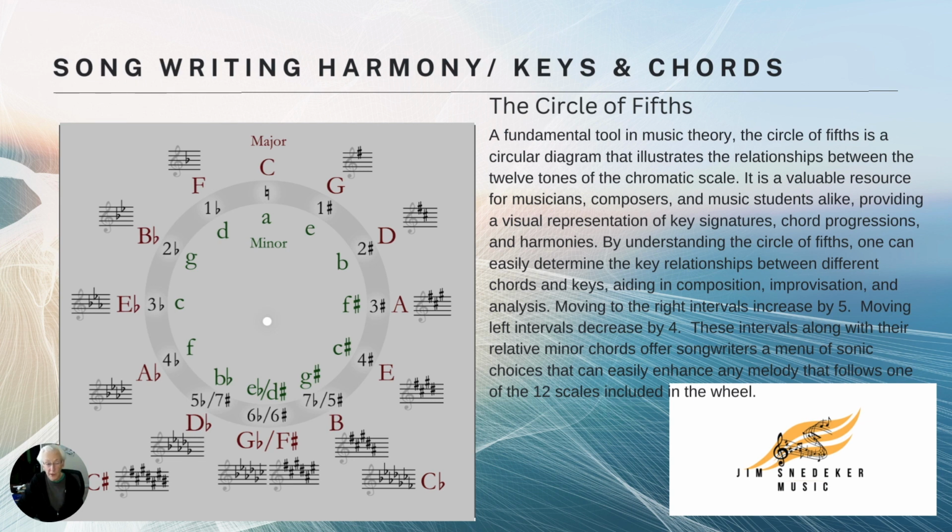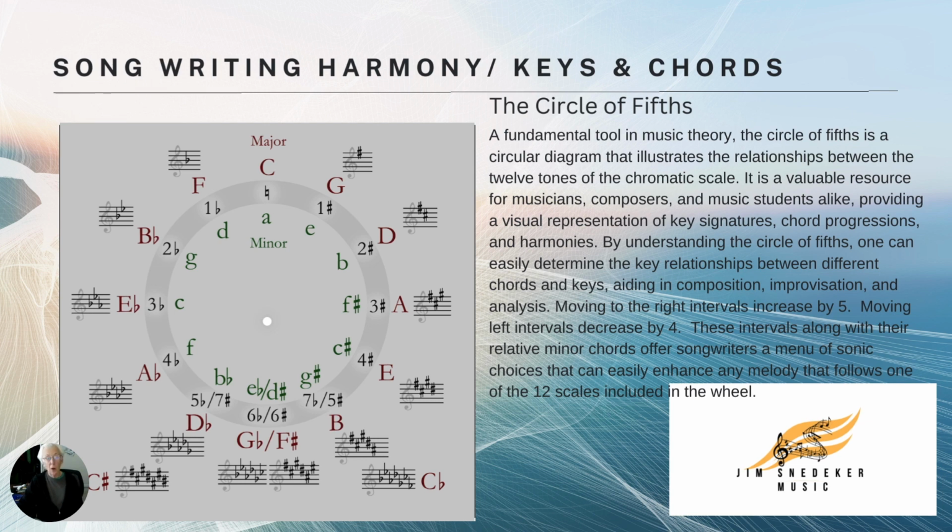We're more interested in relationships. So this wheel does a really good job of communicating relationships. Now we do see that there are 12 tones, 12 scales, if you will, and they follow a chromatic pattern. We have C, C sharp, D, D sharp. That's chromatic. But another thing this better communicates, I think, to the beginner is the relationships between things.